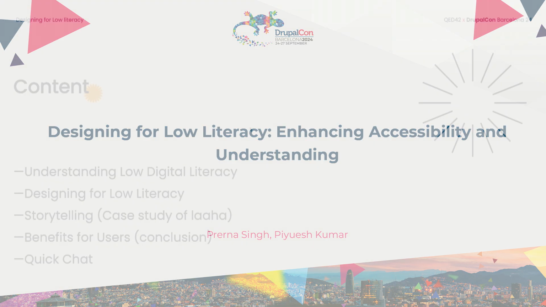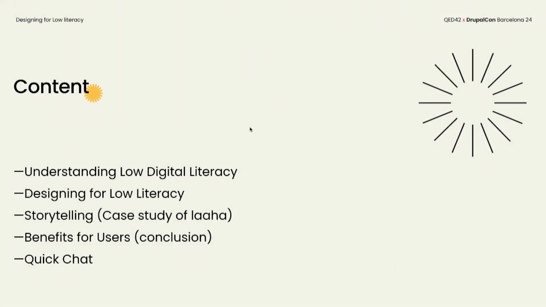Over here, we're going to talk a little bit about how you cater to low digital literacy. What are the few things that you need to take care of right from the discovery phase till the delivery of design, and then iteration over it wherever there is a need to? Because when you're dealing with people with low digital literacy, at one point you might receive feedback that this is what would work for me, but then when you're doing user testing again with them, they say no, this doesn't work for us. We'll have to reiterate over it.